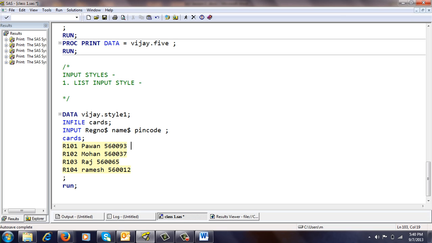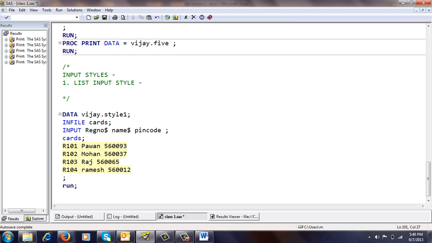Here we are giving a hyphen, like I am putting 56-93. A hyphen is a special character that will come under characters, not under numeric. So you have to give the pin code as dollar. But if everything is digits only, we can take the pin code as character also, or numeric also. Now it depends upon how you are going to use the pin code in further processing.